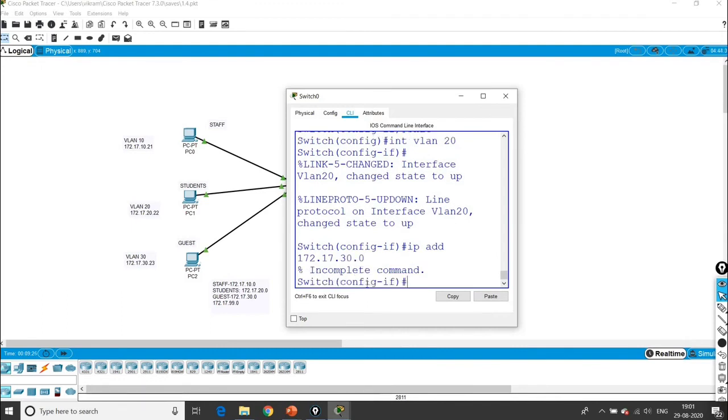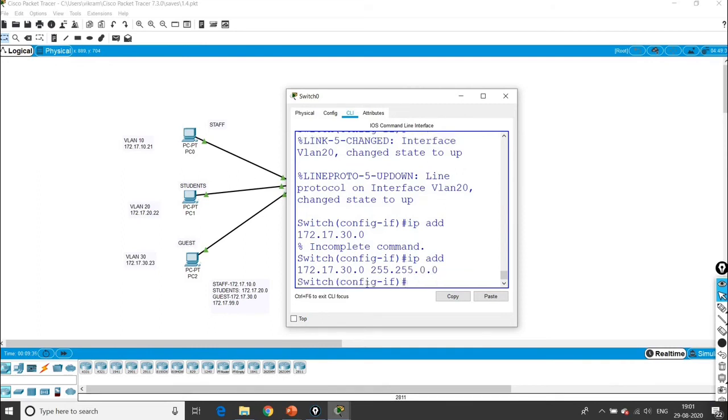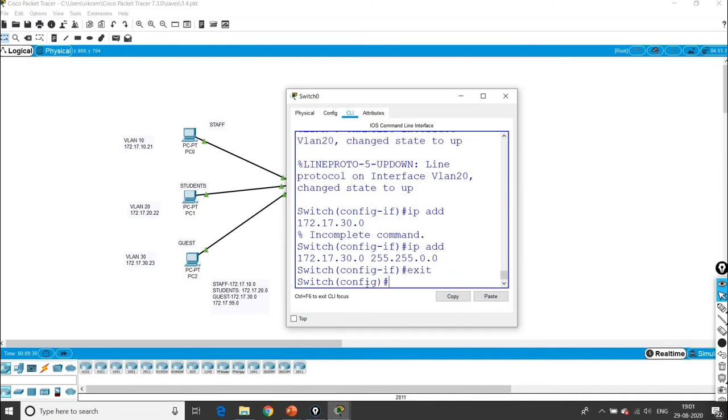Oh, you are not followed by the subnet mask, so followed by the subnet mask 255.255.0.0. Now you can see this. So exit again.